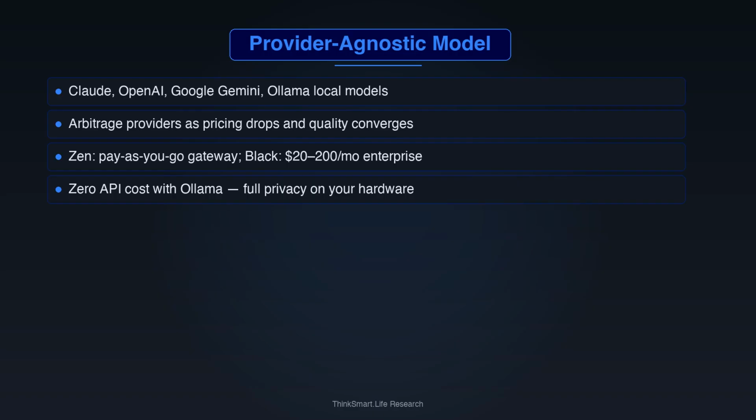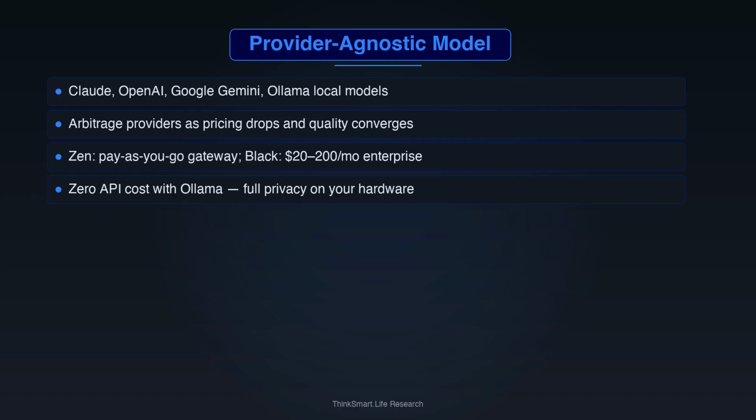OpenCode's core value proposition rests on provider independence. You can configure Anthropic Claude, OpenAI's GPT-4o or o3, Google Gemini, or local models via Ollama, with zero API cost and full privacy. OpenCode also offers its own model gateway, Zen for pay-as-you-go access, and Black for enterprise at $20